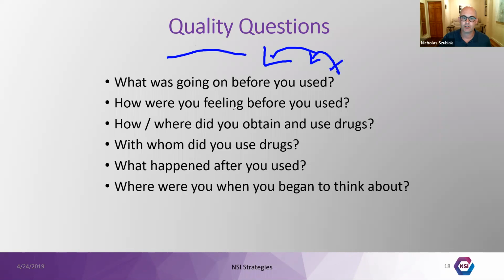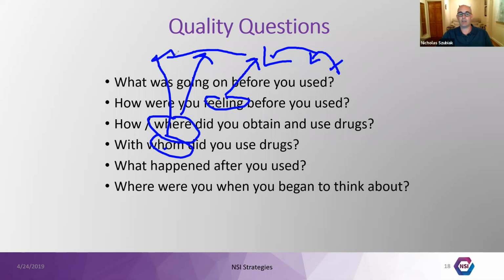And so asking questions, well, how are you feeling before you use? So maybe there was anger, you were upset, something happened. And maybe it's more about the place, that you found yourself, you didn't know how you got there, but all of a sudden you're hanging out in the park where you used to always buy your drugs. And maybe it's home, that you've reached back out to some of those people that you associate and have used with in the past, or the event that happened. What was it, the activating event, and where were you when you started to think about using?